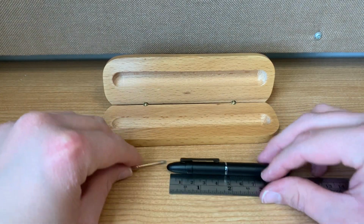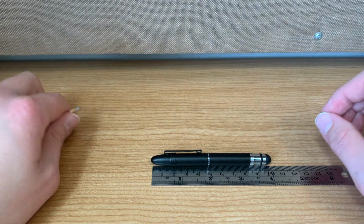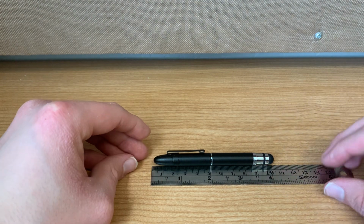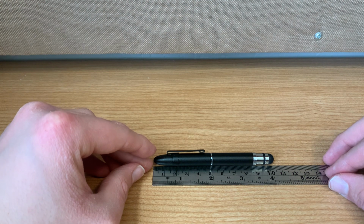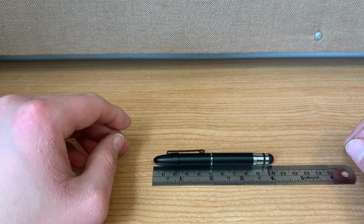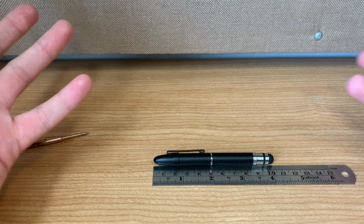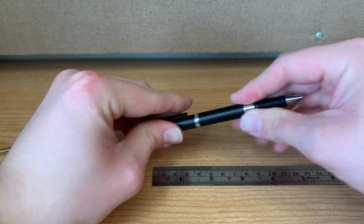Oh boy, I hope that my measuring is right here. You guys might need to just double check me and look at this. This looks like just over 4 inches, about, maybe. I don't know, it's like 4 inches, but then when you take it apart and fully extend it,